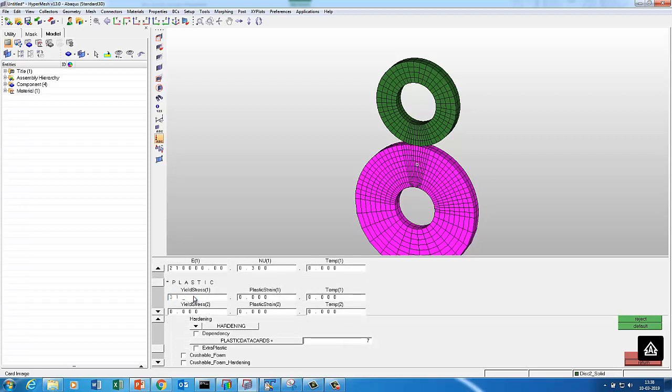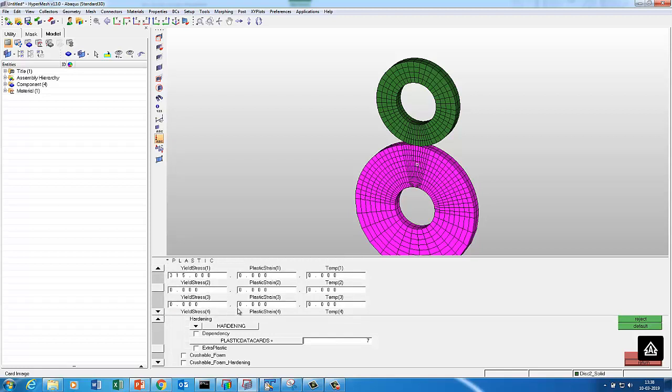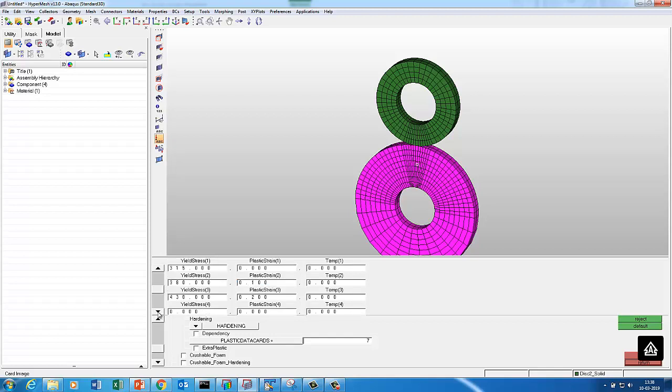So 315 is 0, 380 is 0.1, then 430 as 0.2, then you have 485 as 0.3,